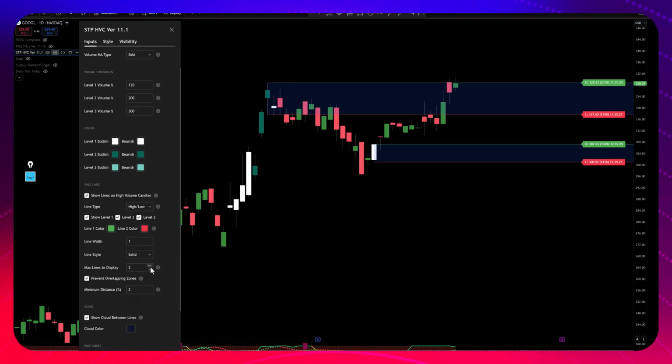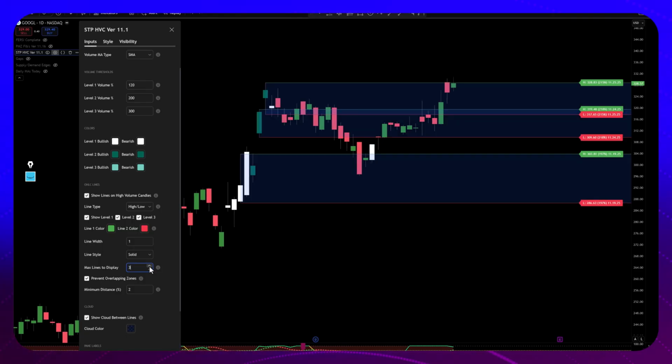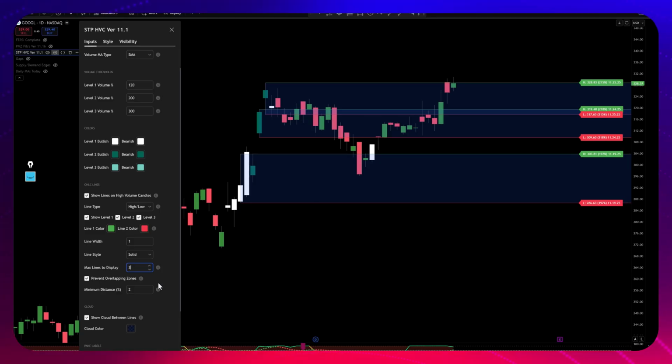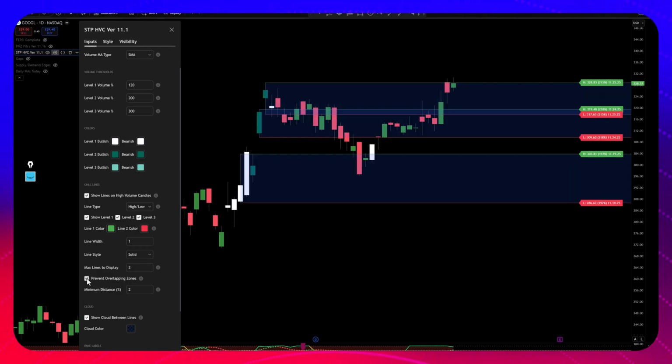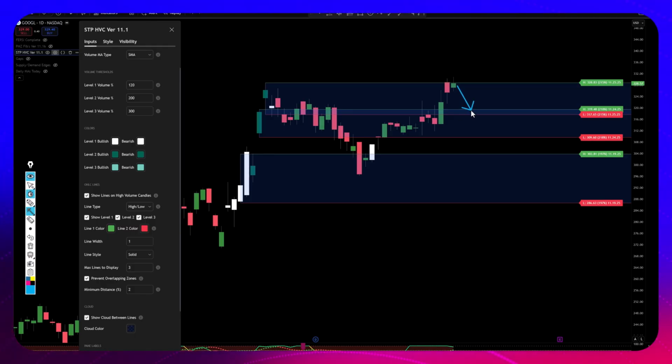If we increase the max lines, we can start adding more lines. In the settings, you have an option to prevent overlapping zones, so you can toggle those on and off. You can see this level right here, which was represented by an overlay of two different high volume candles. What I would do is look towards price pulling back,